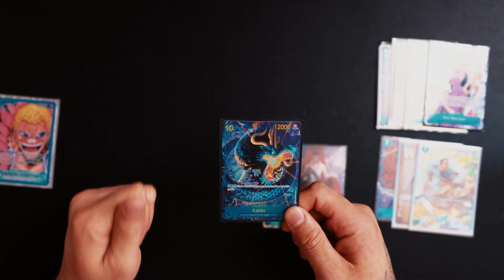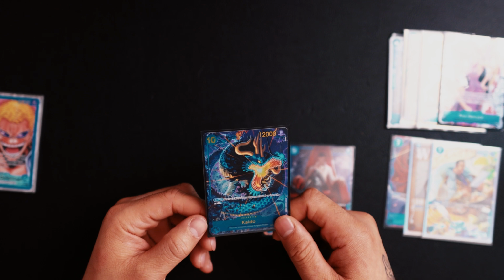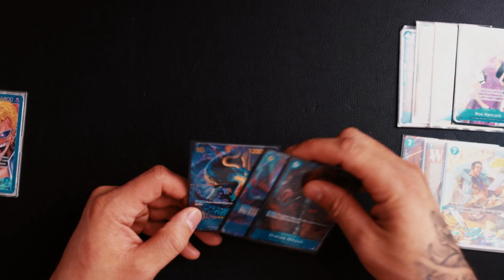Or we can start running some 10 drop Kaidos that allow us to have some draw power, where if your opponent has 3 or less life cards in play, draw 4 cards. This is also an amazing body because it is a 12k body and establishes a very strong board presence that increases your board to very tall, meaning you are intimidating to a lot of decks like NL, Shanks, or even